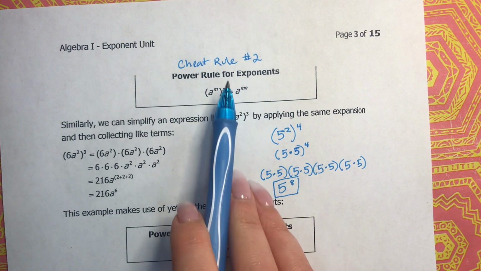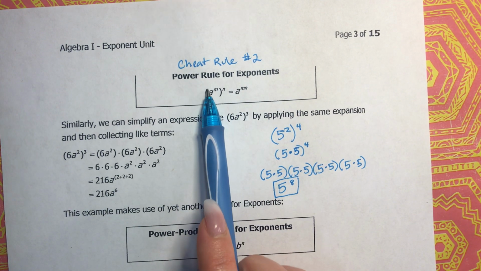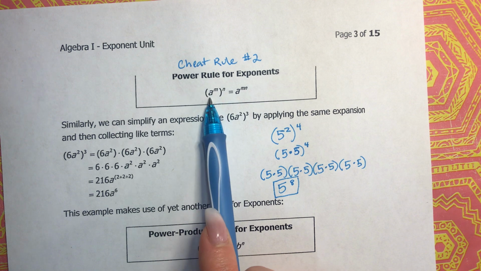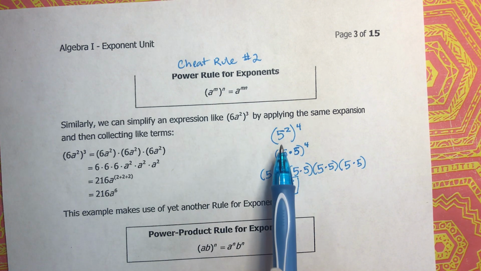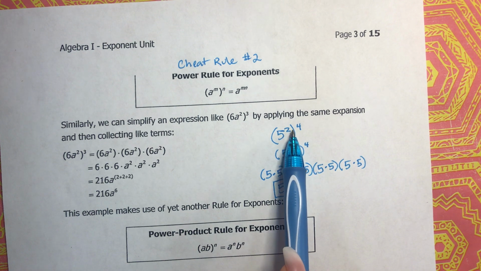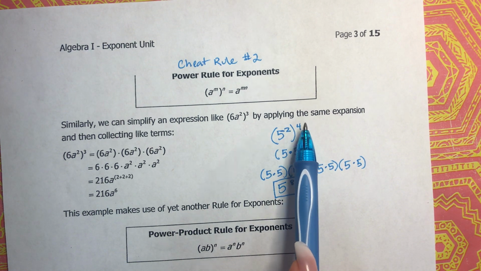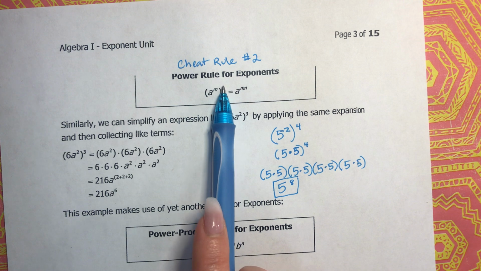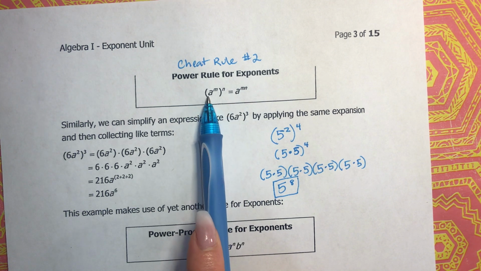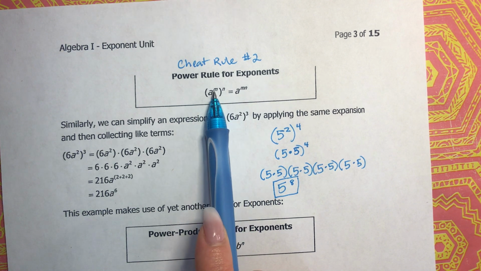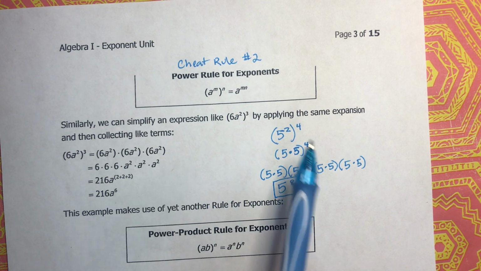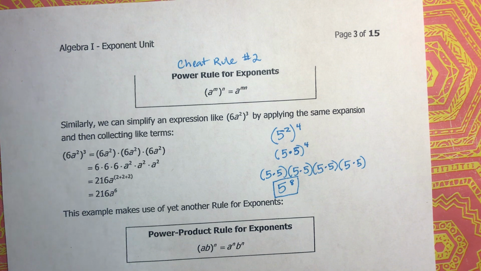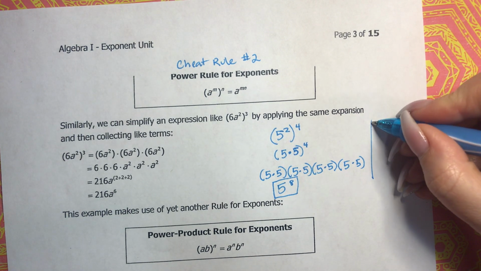Now what this says is that if you have a base and an exponent, right? And then that base and exponent is raised to another exponent. You see we had the base and the exponent, and then that's raised to a second exponent. What it says is this is the same thing as keeping the same base and just multiplying m and n by each other. So really, if we had this problem, the cheat rule says,